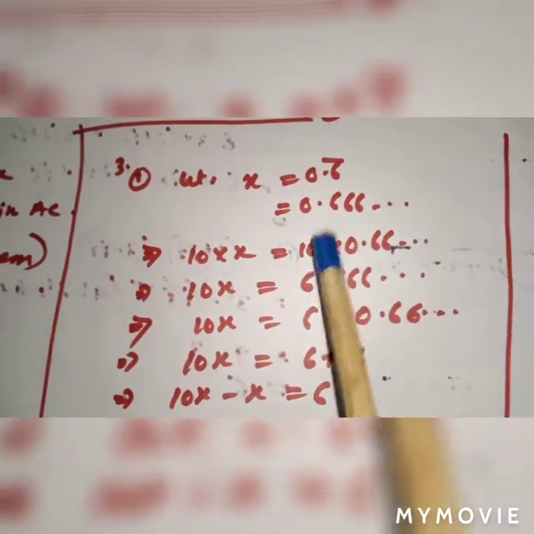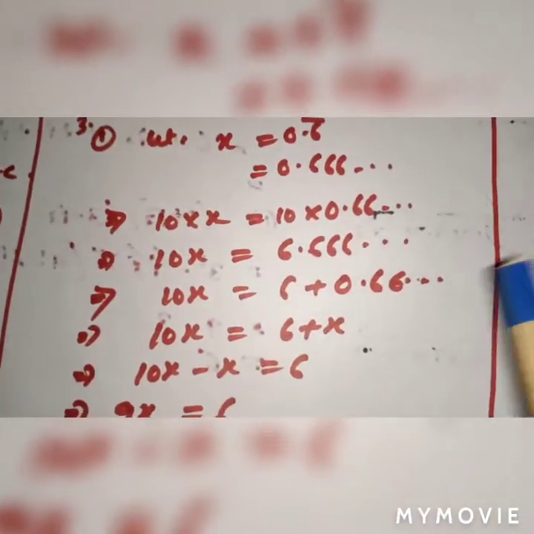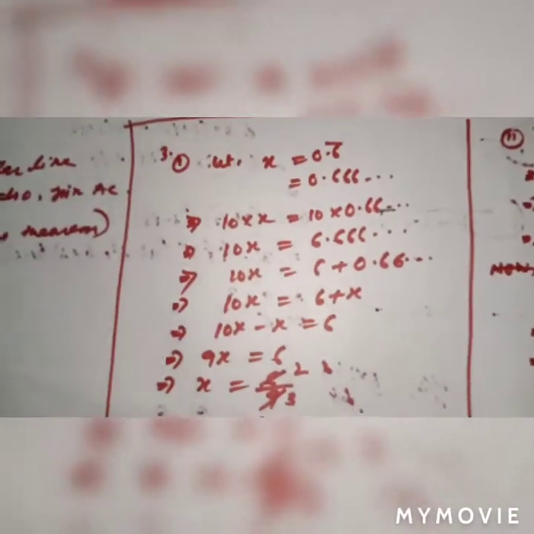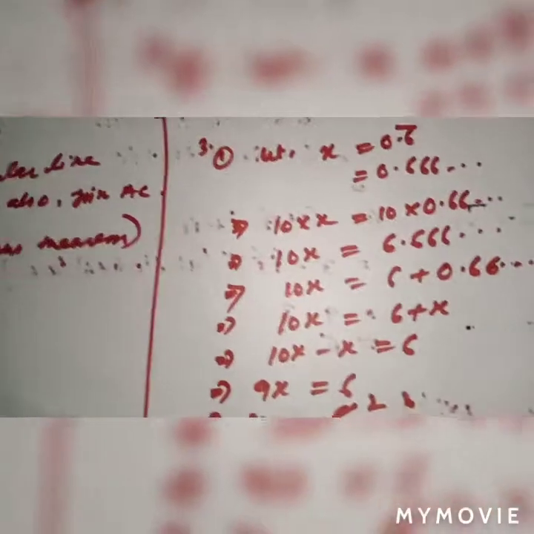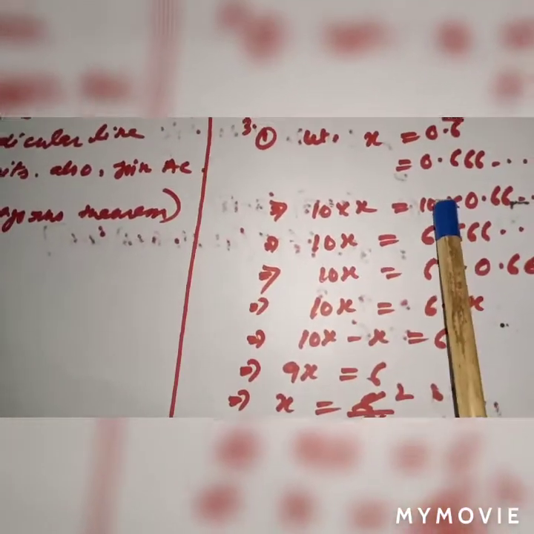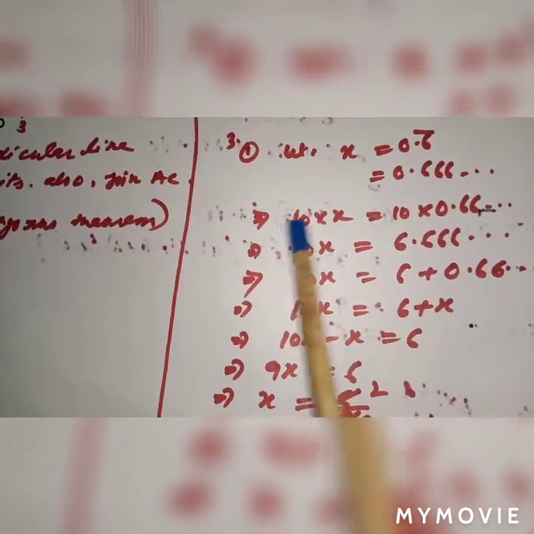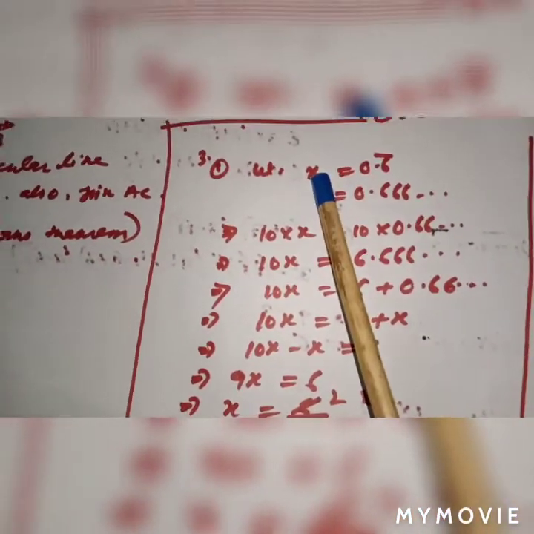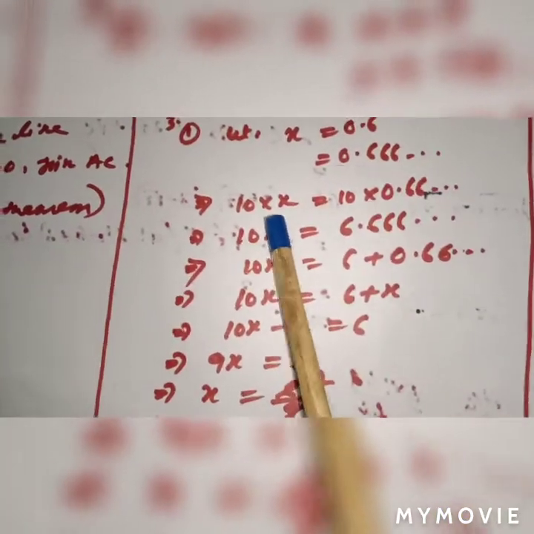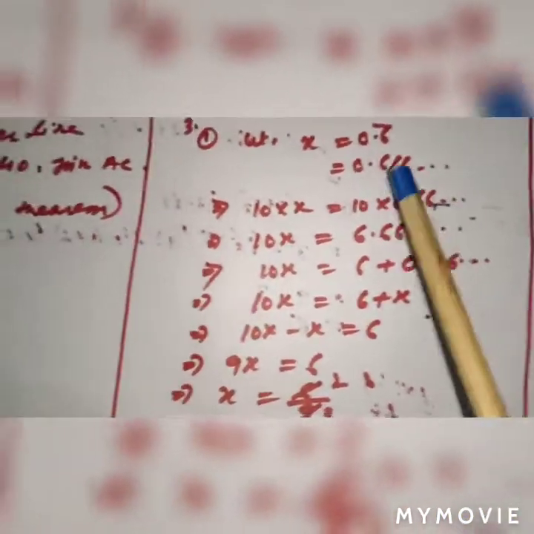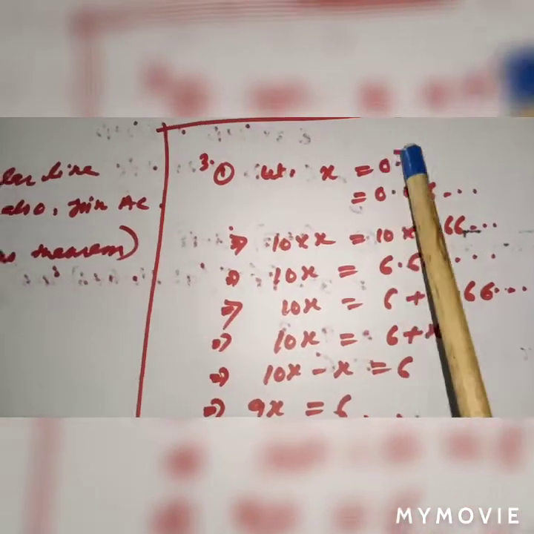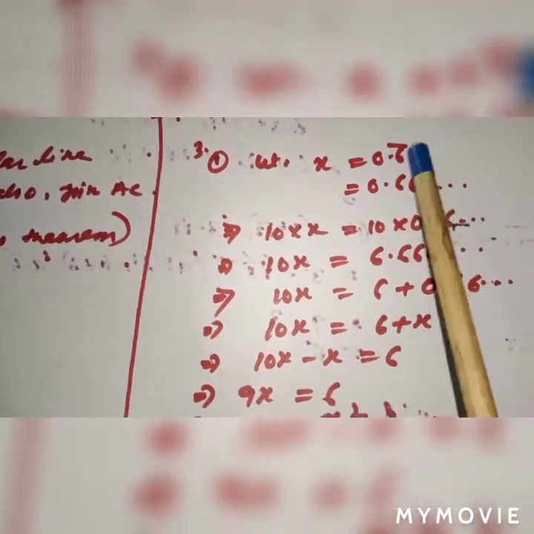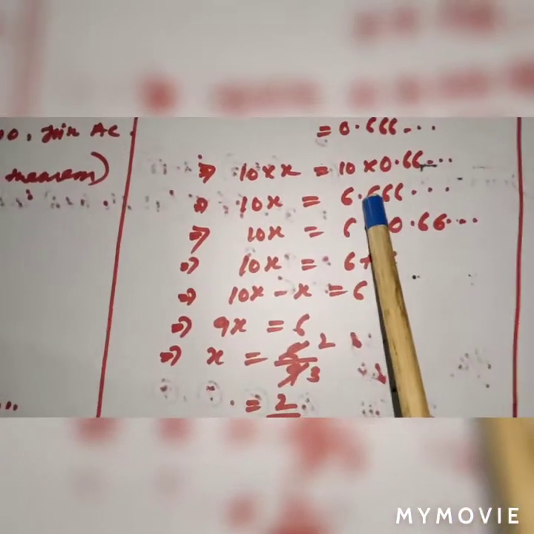10 into x, 10 into 0.6. Look, it is balanced. I have not done anything extra. You may ask the question, sir, from where are you getting 10? I am not getting 10 from anywhere. 10 is multiplying on both sides. You can balance in mathematics. If you transfer this 10 to the other side, 10 cancels, then you will get the same thing again. So that is why you can balance by 10. Now you ask, sir, why do we need to multiply by 10? The reason is this. If you multiply by 10, then only this 6 will come to this side, because only one digit is here after the point. So 6.66.